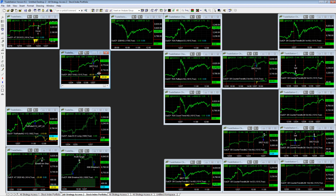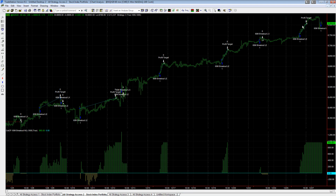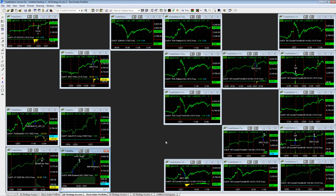SR counter trend 2 NQ minus 45. 60-minute breakout. E-mini NASDAQ hit its profit target last night. Got back in here on the way back up. I like those trades when they get out and then the market dips and it comes back up and it gets back in. So